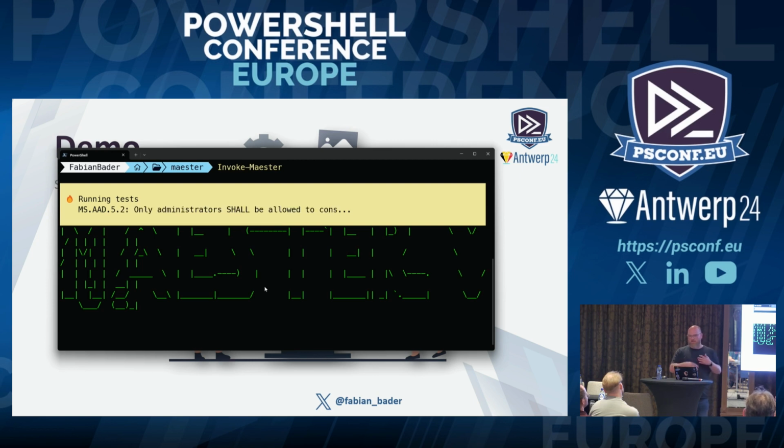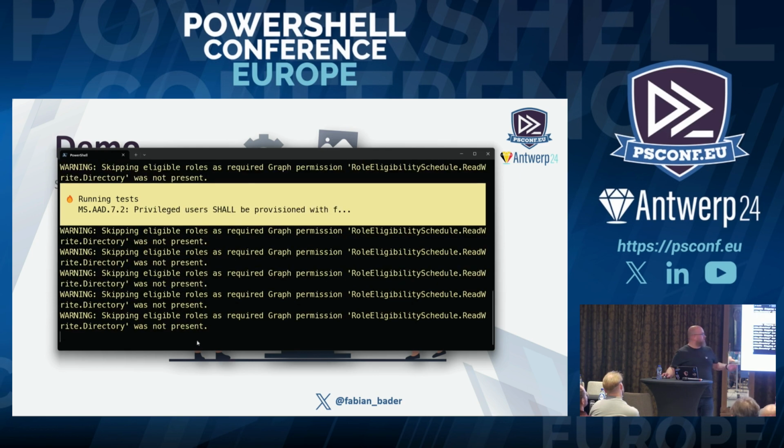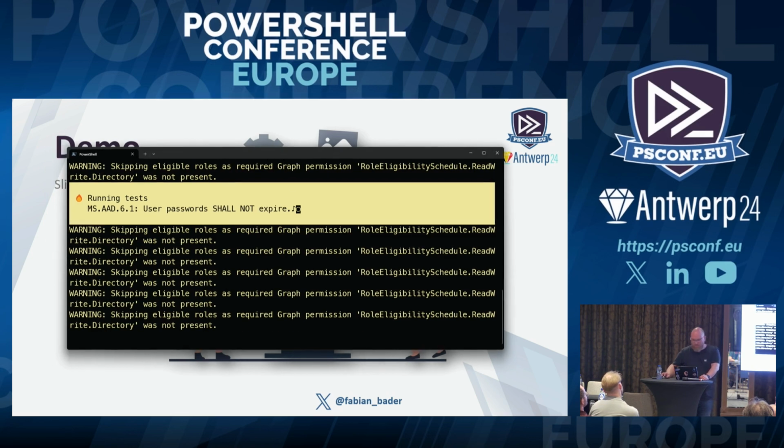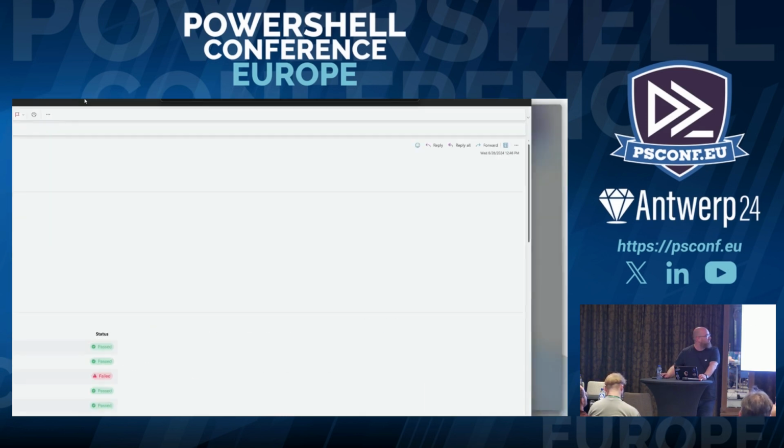So there's not a lot of output from Pester. We have hidden this all from the user. And it's only showing, okay, what I'm currently testing. And in the end, we get a nice report. Let's wait another second. Okay, this takes longer than expected, but either you now have a finished report popping up,